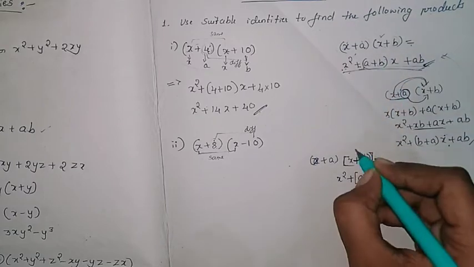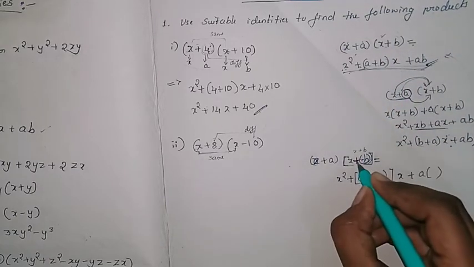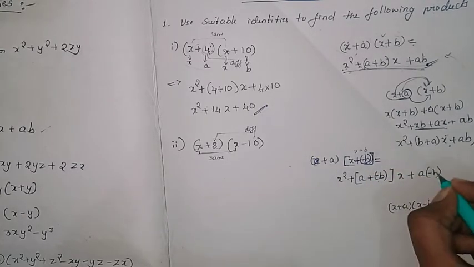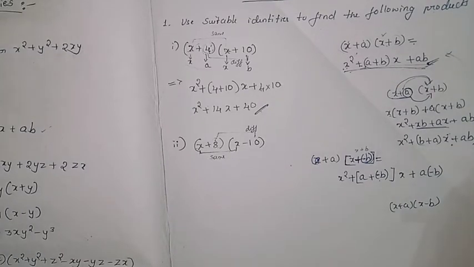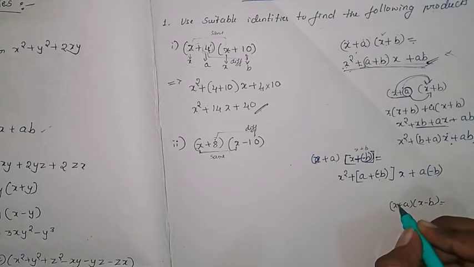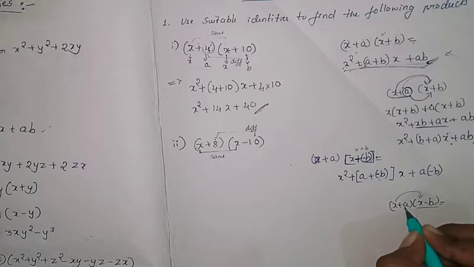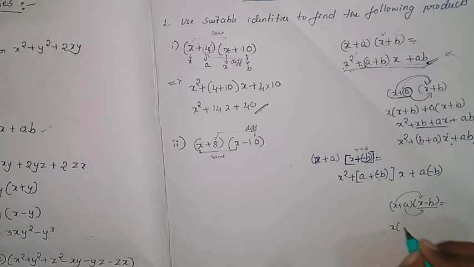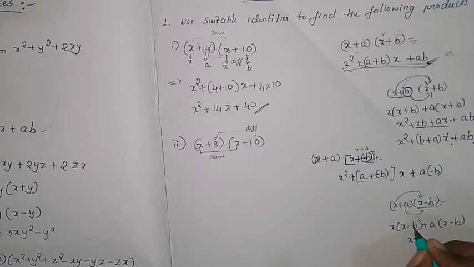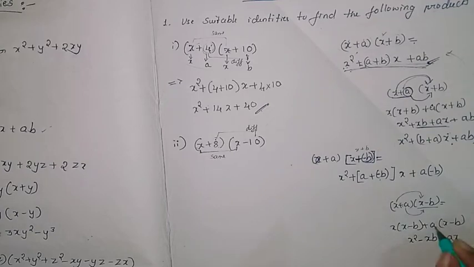So the formula is what? x plus b. So now you can observe it is x plus b, but a little bit adjusted. So now I will write here minus b and minus b. Our formula is prepared. So even you can do like this. Otherwise you can solve and you can get the formula for that. For example, first term with a whole bracket, second term with a whole bracket. So x into the bracket x minus b plus a into the bracket x minus b. So x into x, x square, x into minus b, that is minus of xb, plus of a into x, ax, plus into minus, that is minus a into b.